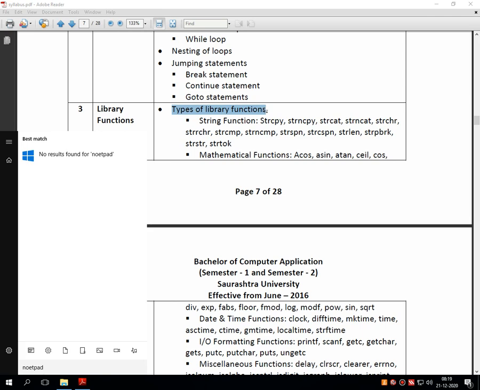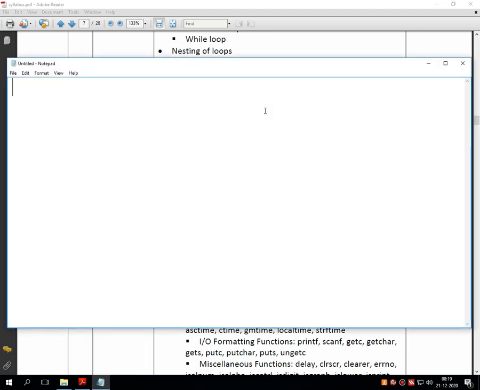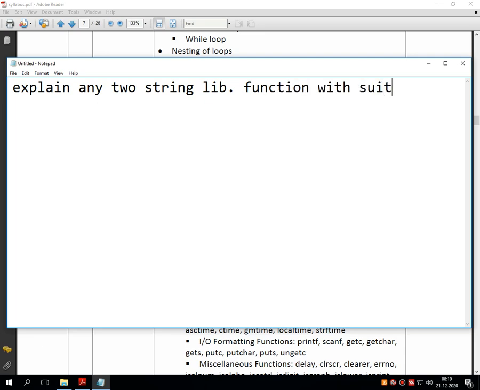A question may be asked like this: write a short note on types of library function, or they can ask a separate question like this: explain any two string library function with suitable syntax and example.